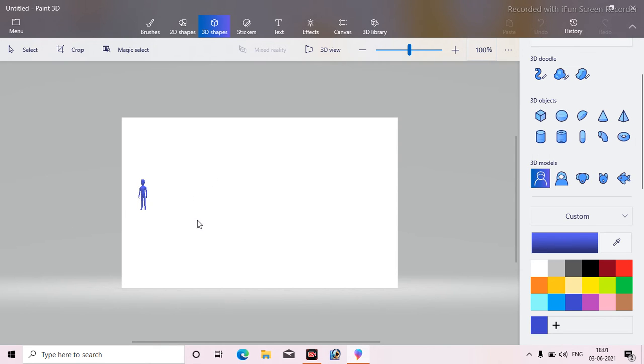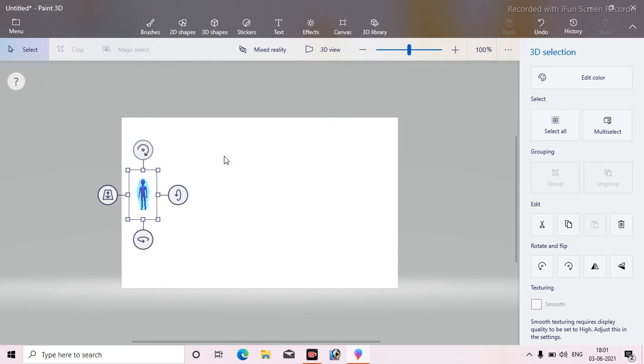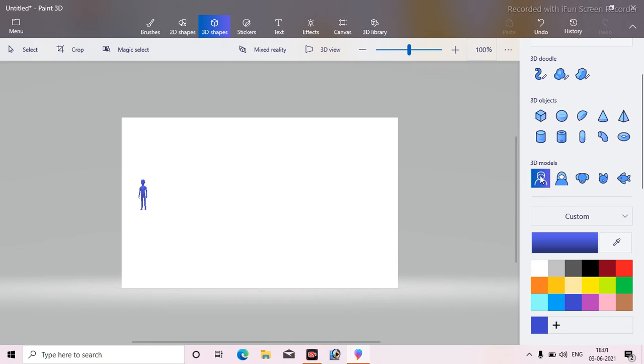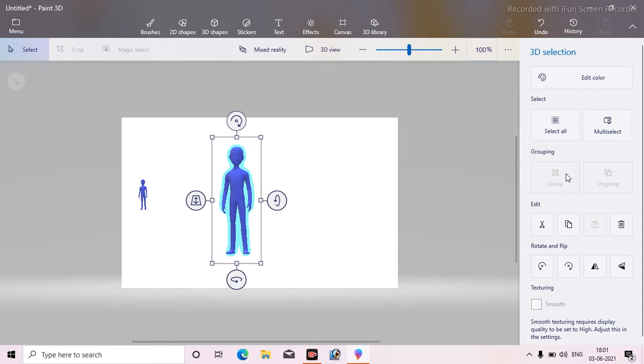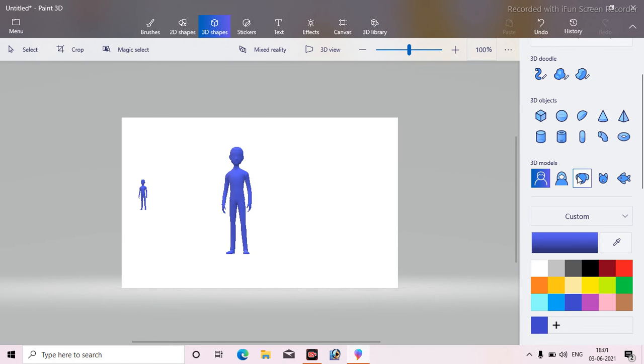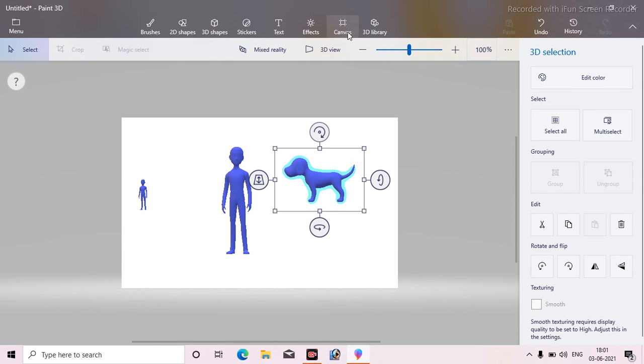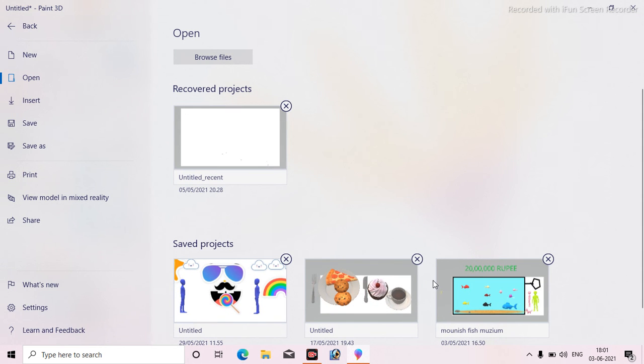You click there, and I am choosing the man, then I just left click and do this. See, you can make man sort of things. And you can make a dog, cat and fish.